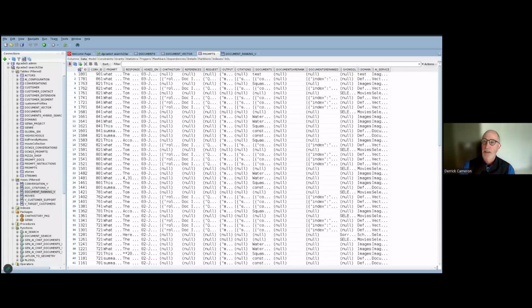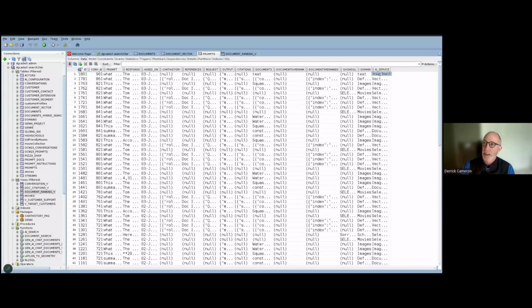We track all the conversations in a conversations table. There's the conversation ID there. And the prompts and the responses, when it was asked, the chat history for conversational context, the citations, the documents, the domains and the AI service that was used,